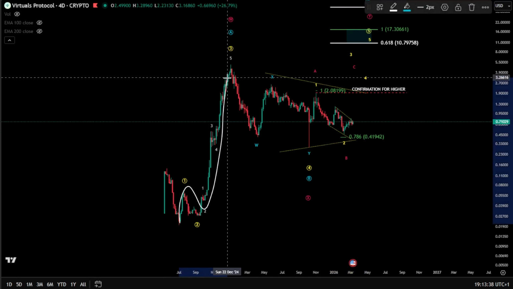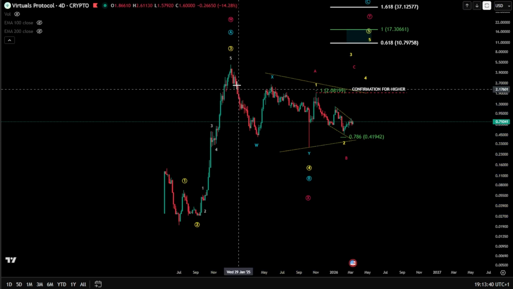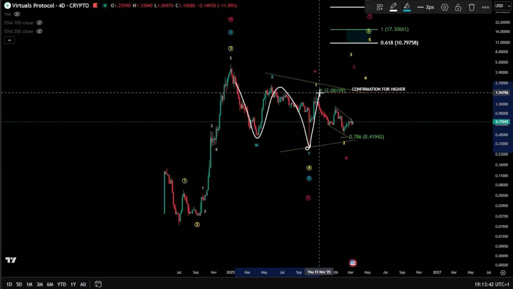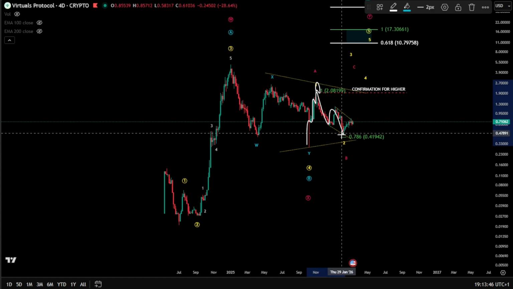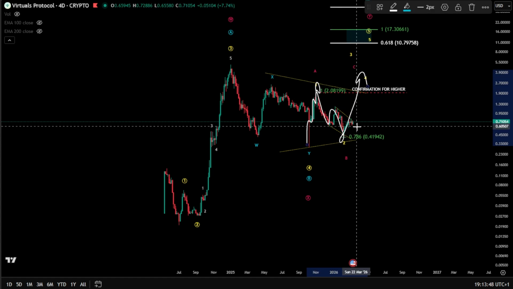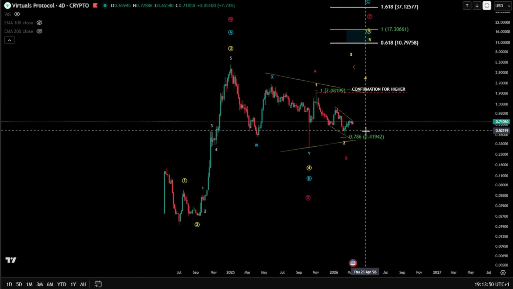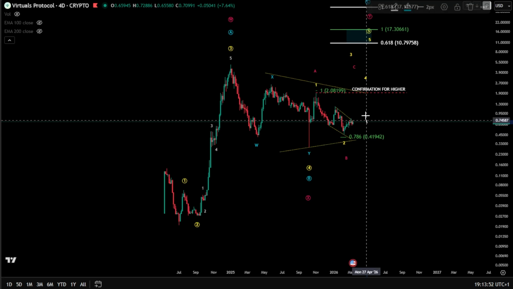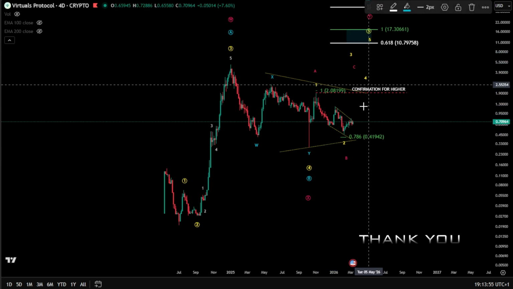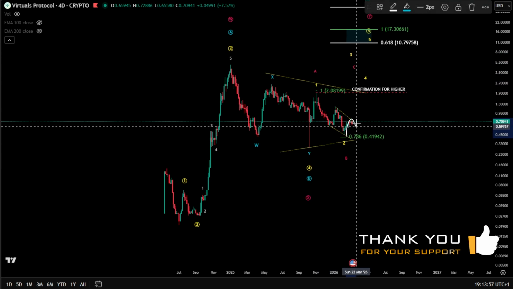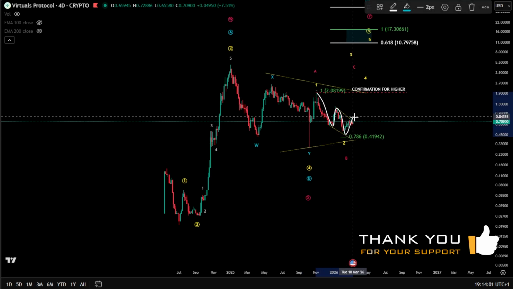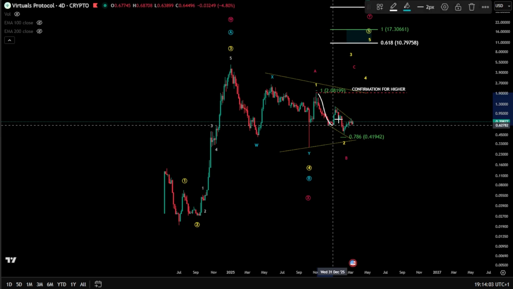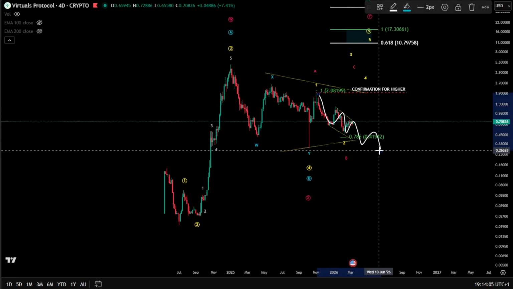So we have 1, 2, 3 here, potential wave 4 in a WXY, and you're probably looking here for 1, 2, 3, 4, 5 as a wave 1, ABC for wave 2, and a push for a wave 3 towards the upside that might be unfolding. However, this is for the bullish case, and we still need a signal, a continuation toward the upside, a broken diagonal, ending diagonal, or leading diagonal.